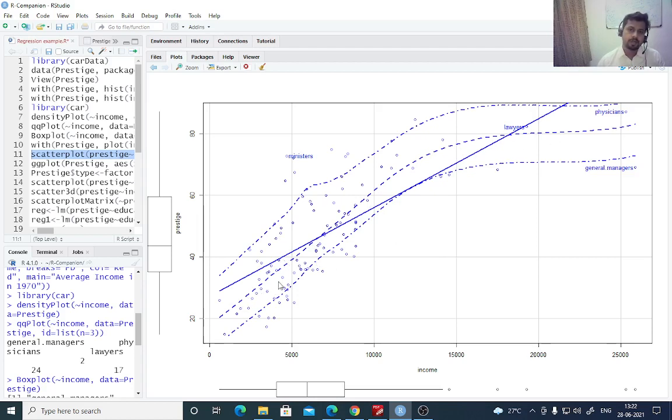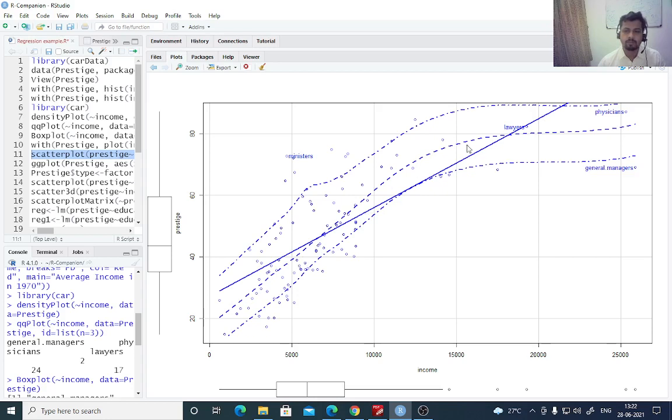Scatterplot also gives you a smoothing parameter, which is non-parametric, which does not assume any form of linear relationship amongst the variables. So mainly this is how generally the relation between prestige and income looks if you do not assume a linear relationship. And these dashed-dotted lines are the 95% confidence interval around these dashed lines. So this is the benefit of the scatterplot function for the regression line. This is your conditional mean of prestige.